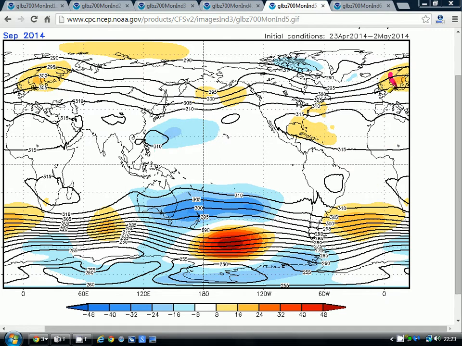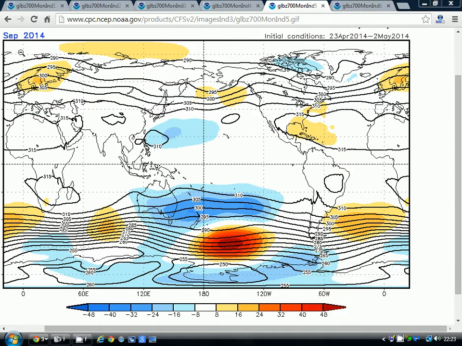So in September, yep, we set up the above average heights again around Scandinavia. We're losing the trough in the Atlantic, and we're probably bringing in quite an easterly or southeasterly sort of flow around that. Now what you could get with this, because it's September, it's late on, is you might start finding some thundery conditions perhaps coming up from the south and the southwest as low pressure sort of generates underneath that ridge of high pressure around Scandinavia. Nevertheless, on the face of it, that's not a bad anomaly for